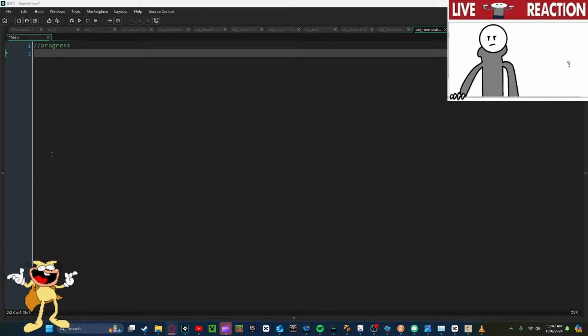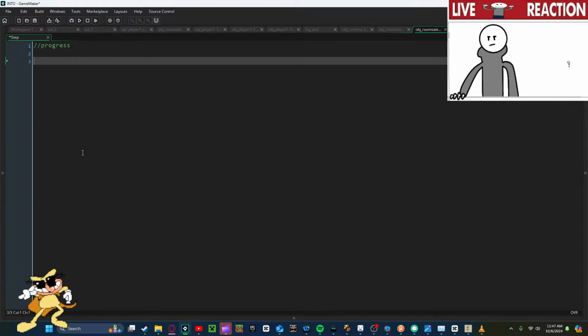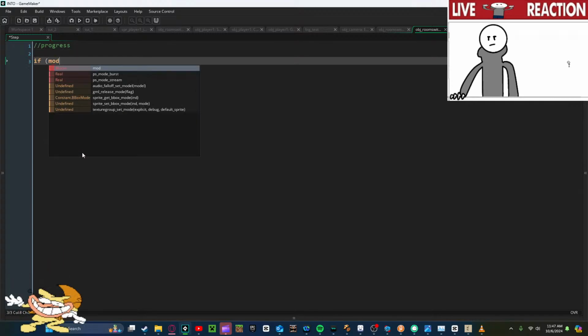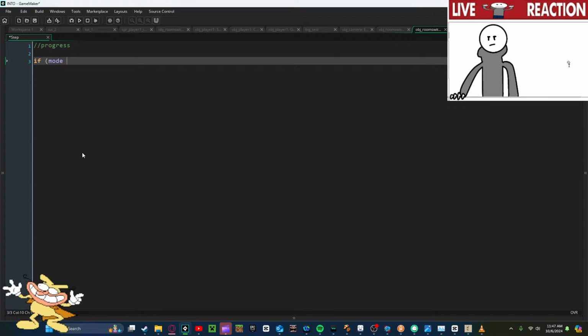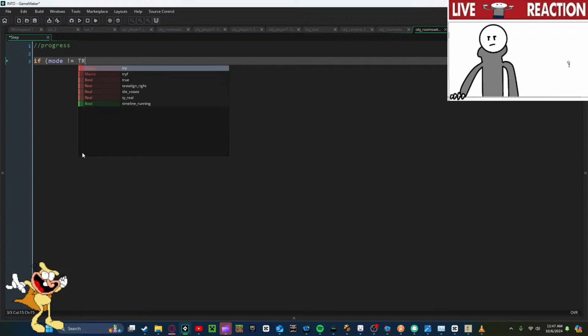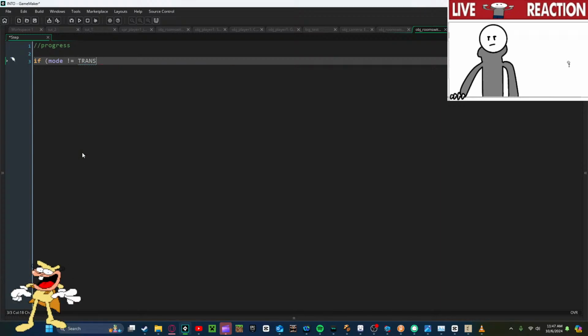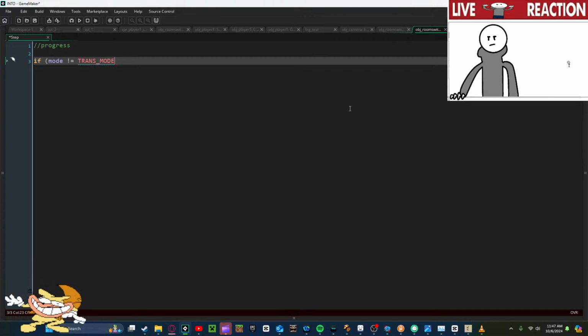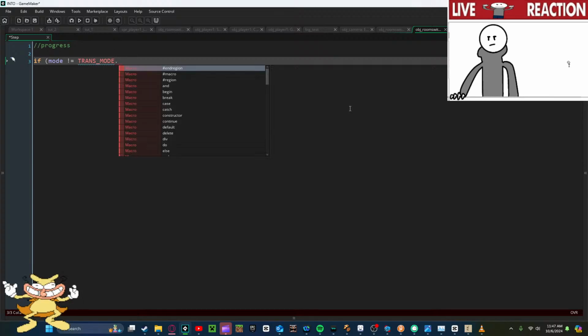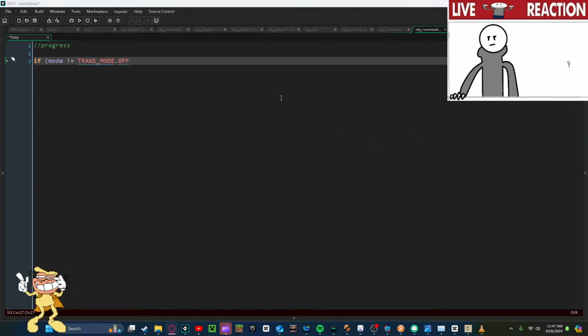Anyways. To either move to a new room or maybe turn our mode back to off, the very first thing we're going to do is check to see if our mode is not off. So if mode does not equal trans underscore mode dot off, okay, open a curly bracket. And the next thing we want to do is, if mode does equal trans mode dot intro. Okay, so if we are in